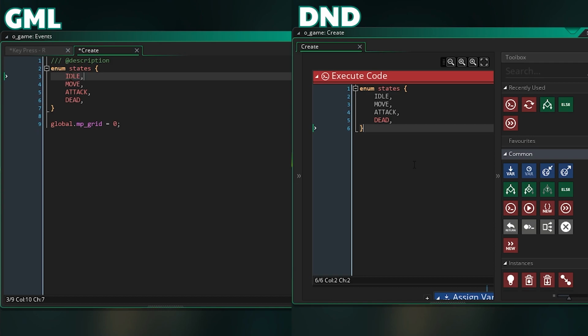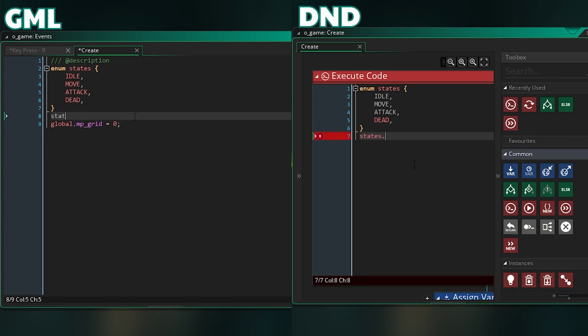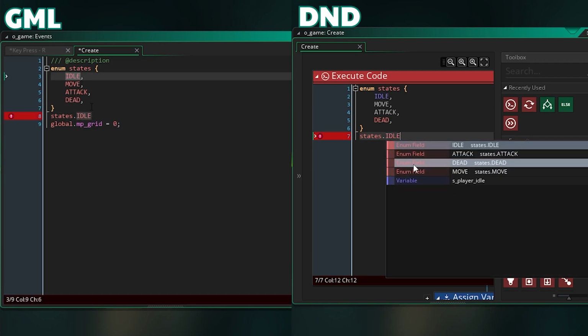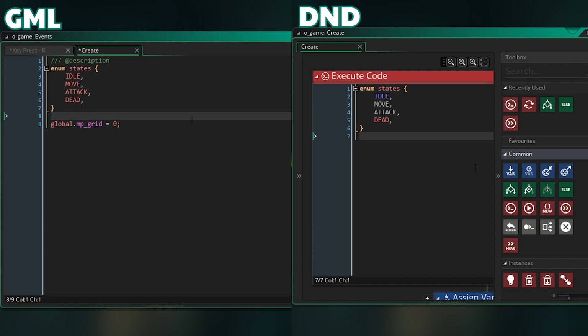Now, as I mentioned, we write them as words, but GameMaker will convert this to 0, this to 1, this to 2, 3, and so on. And we reference these by writing the enum name and then a period and then the enum value. So for example, if we have states.IDLE, then we're talking about this entry. So now we have defined our enums. We can assign one of them to a variable for the enemy,